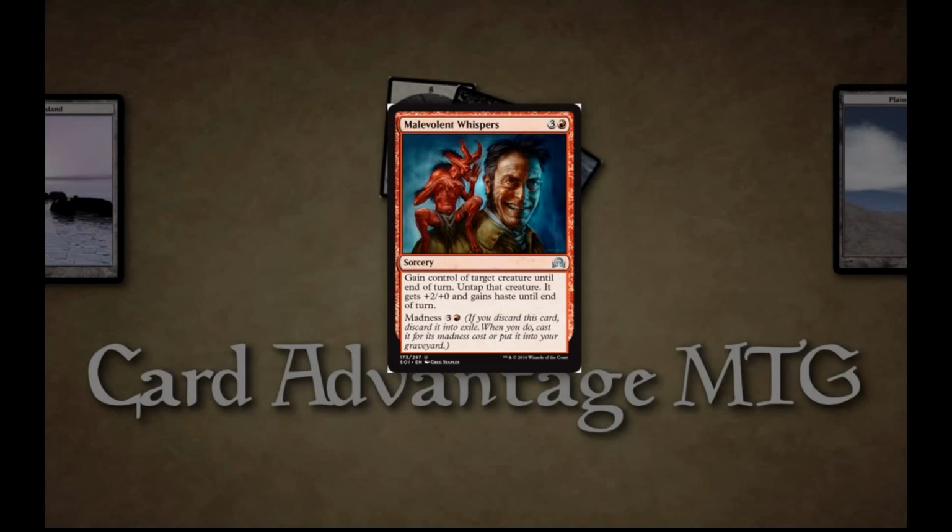Malevolent Whispers. 3 and a red for an uncommon. Gain control of target creature until end of turn. Untap that creature. It gets +2/+0 and gains haste until end of turn. So that on its own, I probably wouldn't play. It's an act of treason or there was something that gave a bonus to the creature. I don't remember what. But the fact that it has madness for its casting cost means that if you